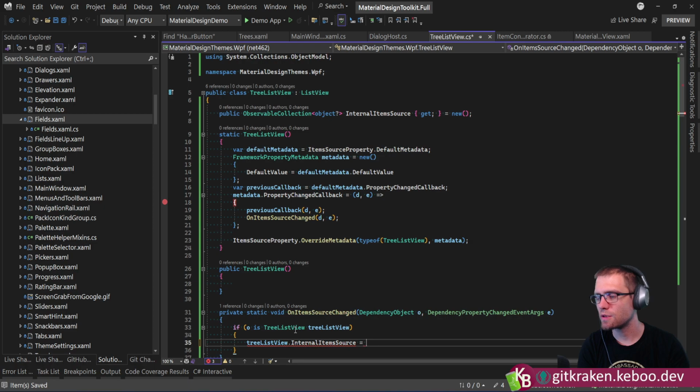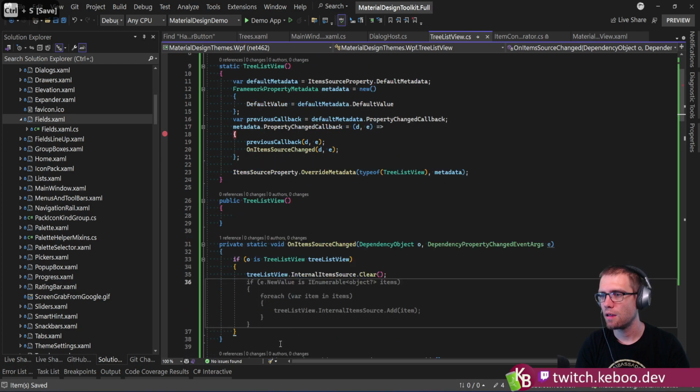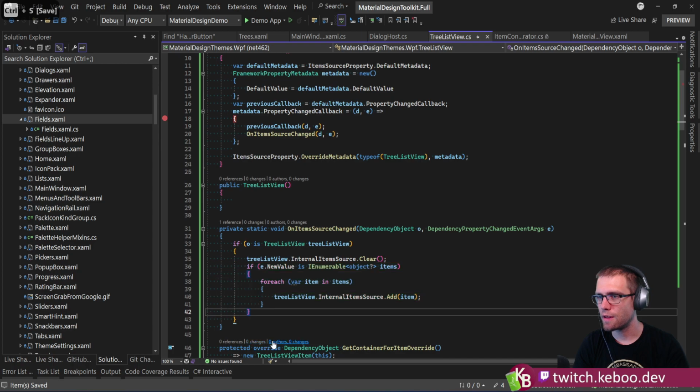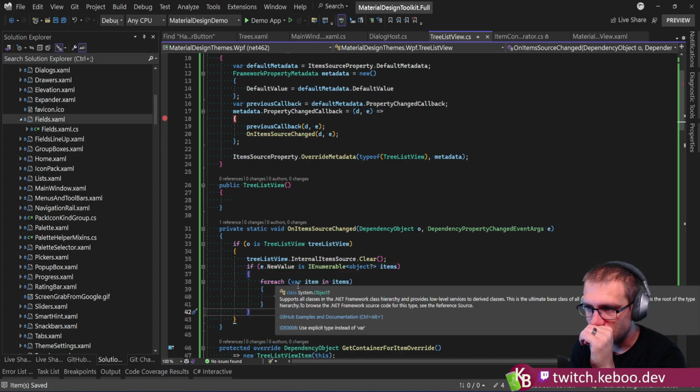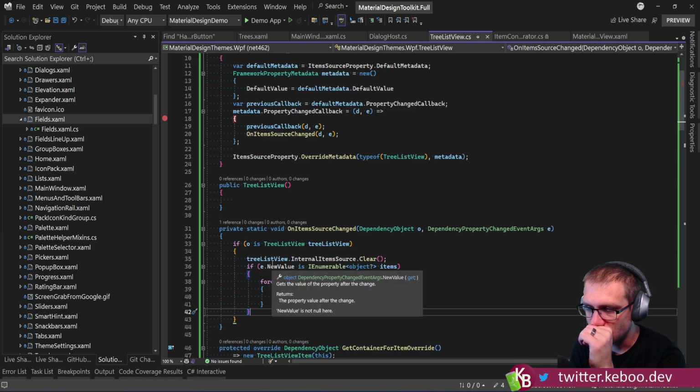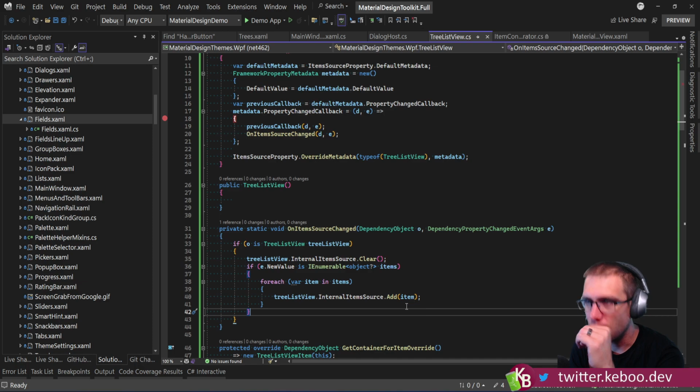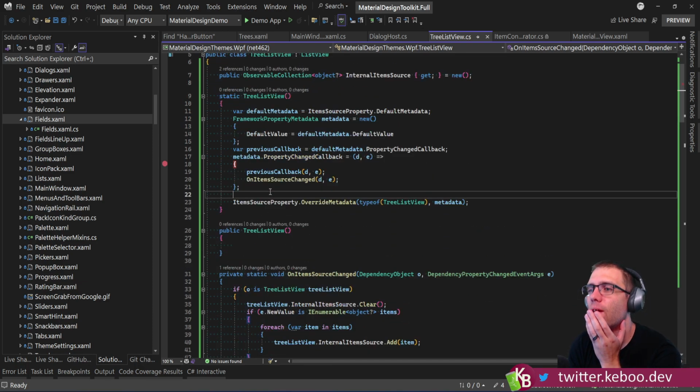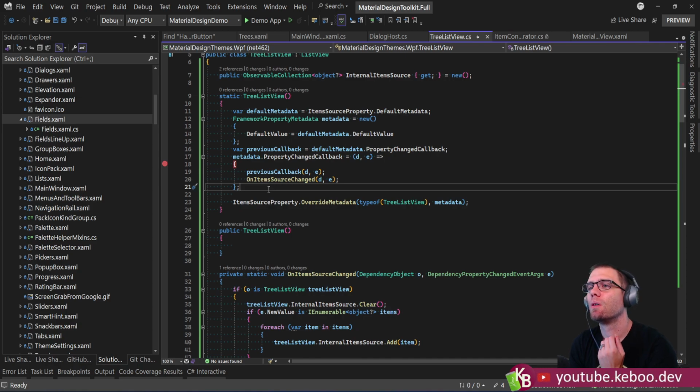Internal item source, clear, and then yeah, something like that. Thank you, Copilot. That's creepily accurate. Something to that effect. But now I'm wondering, what does it do